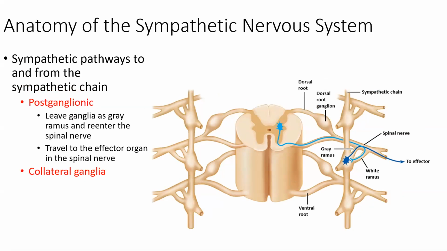Okay, and this is pretty much just summarizing that as well. The second part of that, where it leaves the ganglia and heads to the effector tissue. It can also go to a collateral ganglia. Remember, not all of the fibers go to the sympathetic chain. Some of them go to ganglia which are not a part of the sympathetic chain, and they will do so in this exact same fashion. The preganglionic is myelinated, and the postganglionic is